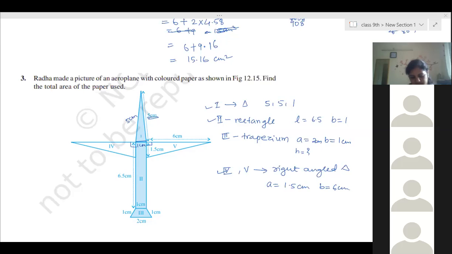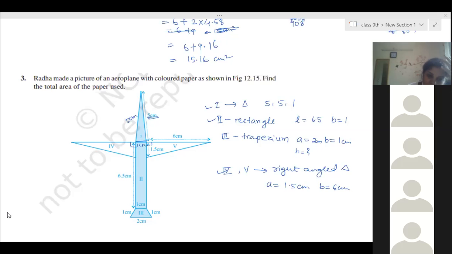Yes, ma'am, I got the same. So root 11 calculate. Ma'am, I got the answer 1 by 2 root 2475 by 100. No, that much is not needed. Keep it in terms of fraction. And in fraction only it's coming very big. In fraction, it is 11 by 2 into 1 by 2 into 1 by 2 into 9 by 2. It's 55 by 10... from where do you get 55 by 10? Okay, I didn't simplify it.